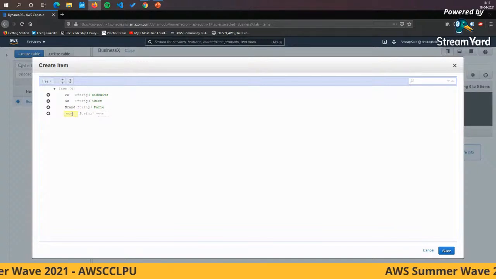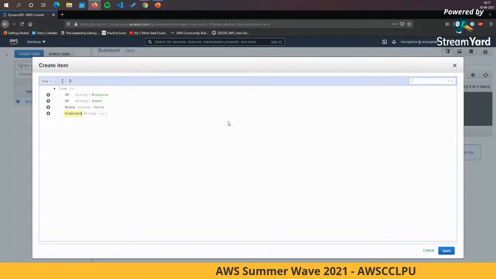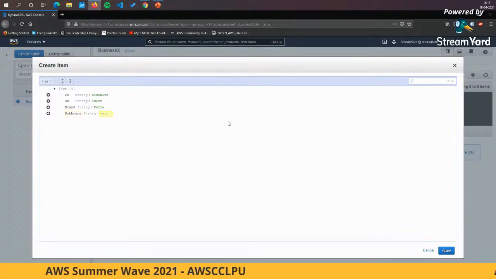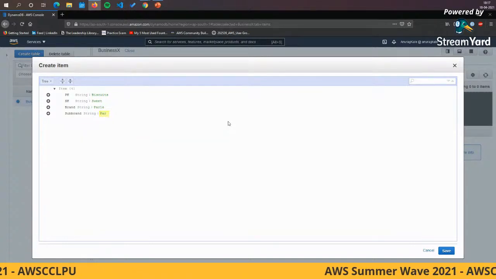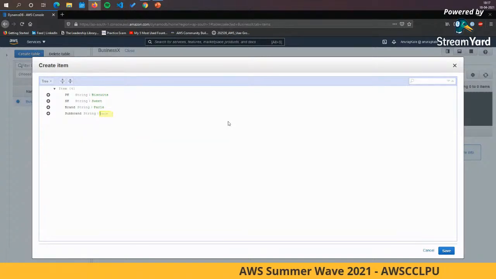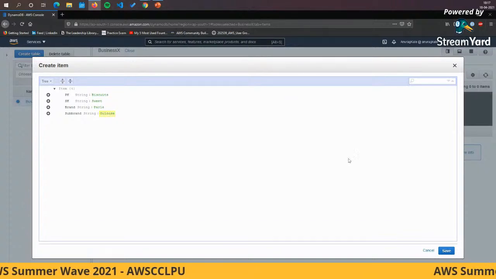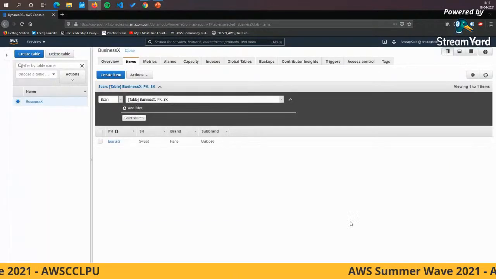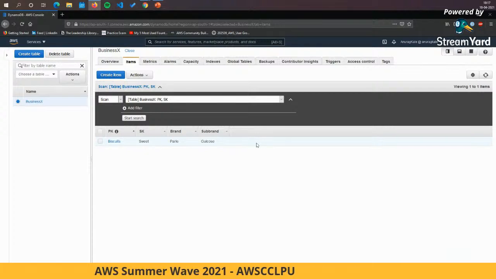And I will say sub brand, and let's say it is Parle G, or you could just call it glucose. And that's it. So this is the item that I have created, and it will create a new entry, which is a row or an item inside this particular table.